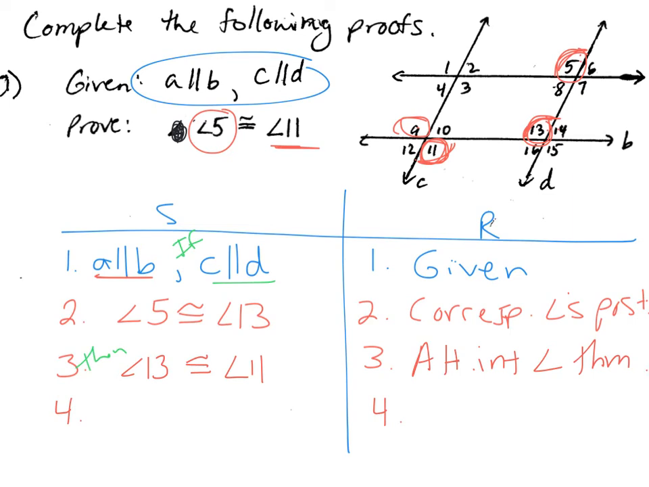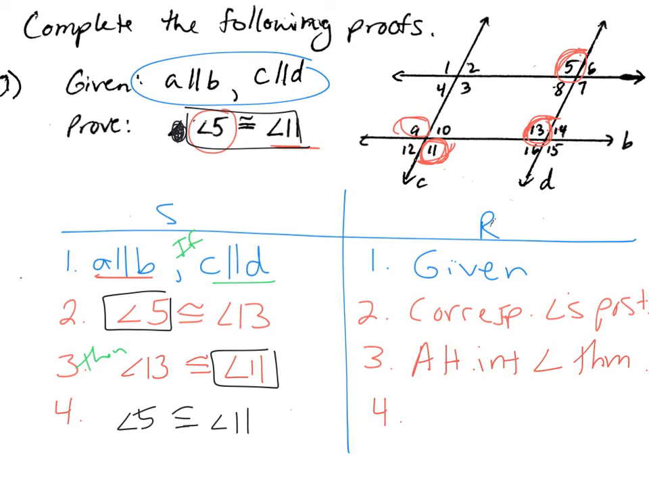But remember, I'm trying to prove angle 5 is congruent to angle 11. And if I take a look at my proof, I've got 5 and I've got 11. Can I say they're congruent to each other? And you should be saying yes. What property are you using? Well, 5 is congruent to 13 and 11 is congruent to 13. So that's fitting one of two properties. If you said transitive, you're correct. If you said substitution, either one of those will work. So either my transitive or substitution property